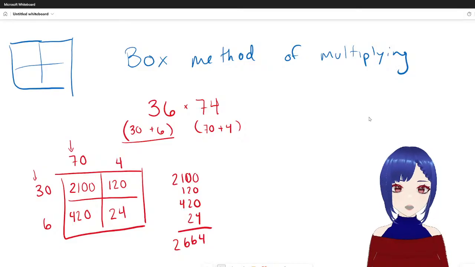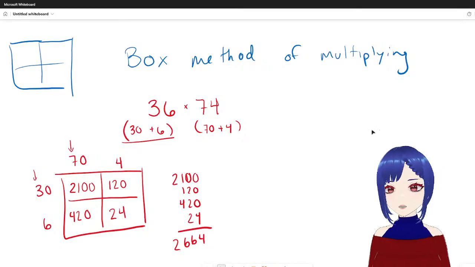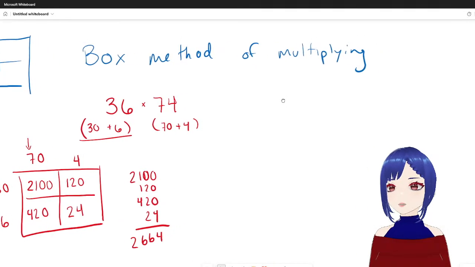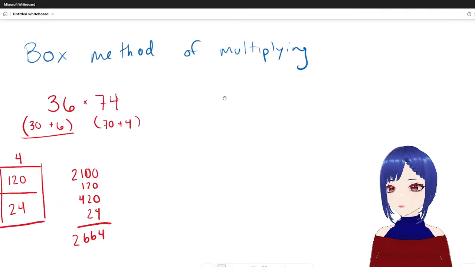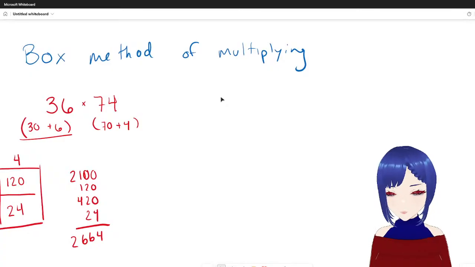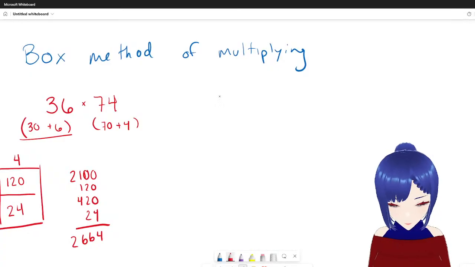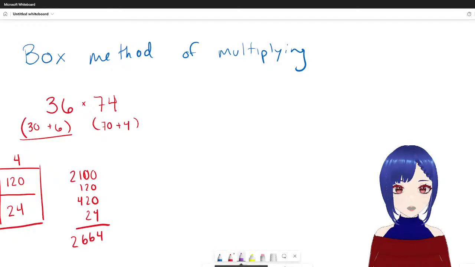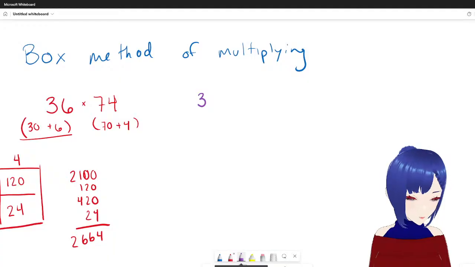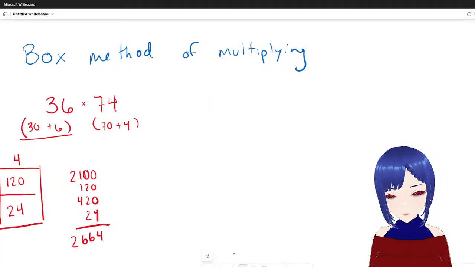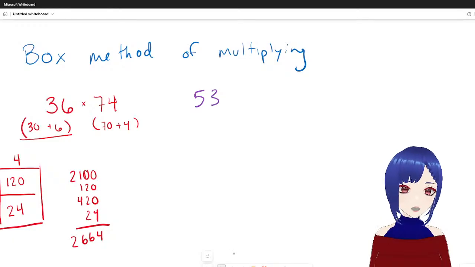So let's do another one. Let's do a 3-digit one. Let me move this over. We have space. We'll do this one in purple so we can just keep things separated. We'll do a 2-digit times 3-digit. So we'll do 30. No, I just did 30. Let's do 50. Oh, I really wanted to do a 3 apparently. We'll make it 53 then. 53 times